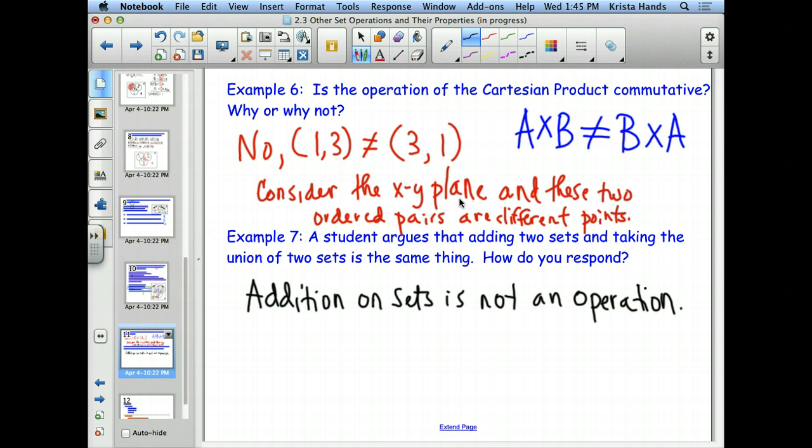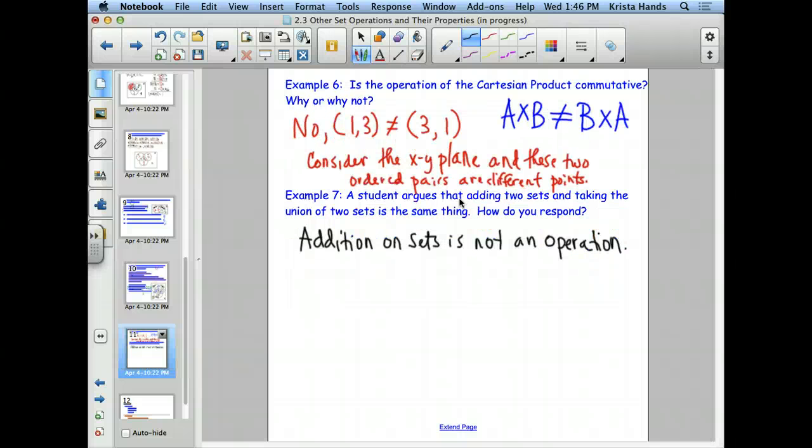It's kind of like, when we were talking about arithmetic, you don't have an operation with arithmetic with union. What in the world does 1 union 2 mean? It's not an operation on numbers, right? It's an operation on sets, but it's not an operation on numbers. It doesn't mean anything. Same thing with this. There is not an operation called addition on sets. However,